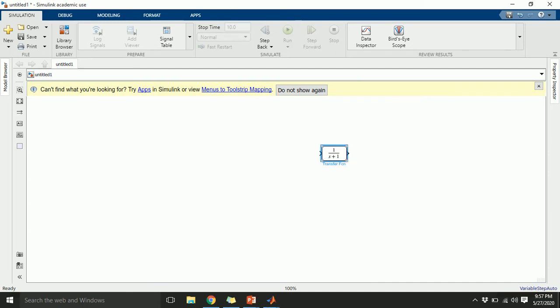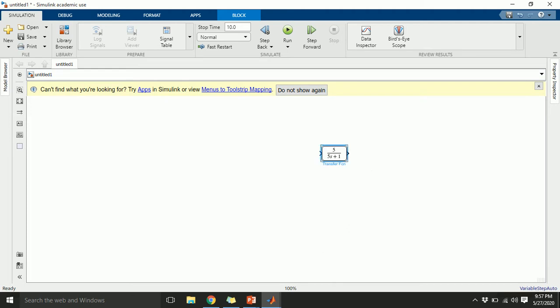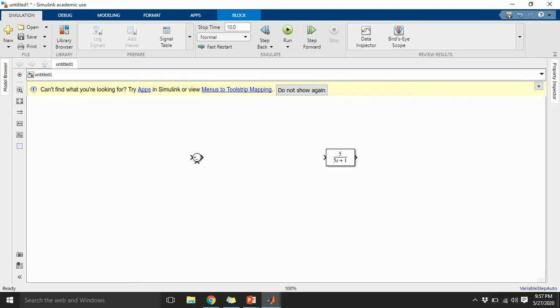So let me just take the transfer function, and let me put some variables here, 5 upon 5s plus 1, something like that. Since I want to use a feedback system that will be generating the error, and say this is the step input, then I'm just giving the feedback.